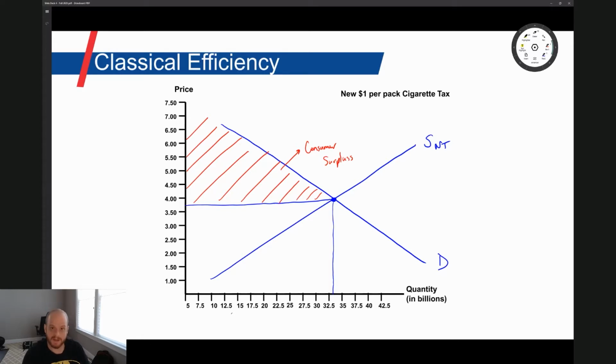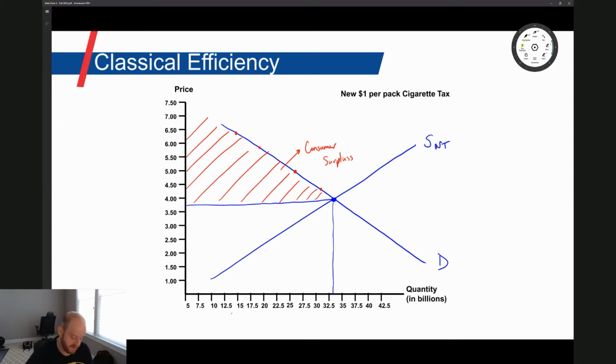The reason it is the total benefit of consumers in this market is because there are people on our demand curve at this point up here, or this point up here, or this point up here. All of these points represent prices higher than the equilibrium price that you would be willing to pay for cigarettes, but because of the lower equilibrium price, you're not paying that high cost. So those regions are representative of a net benefit to consumers.